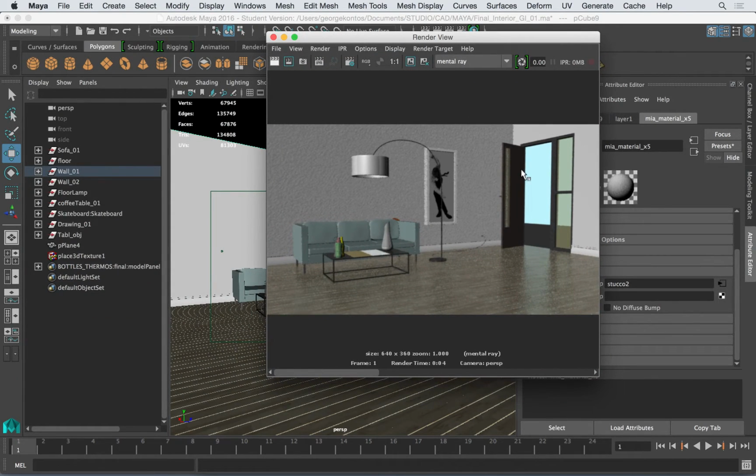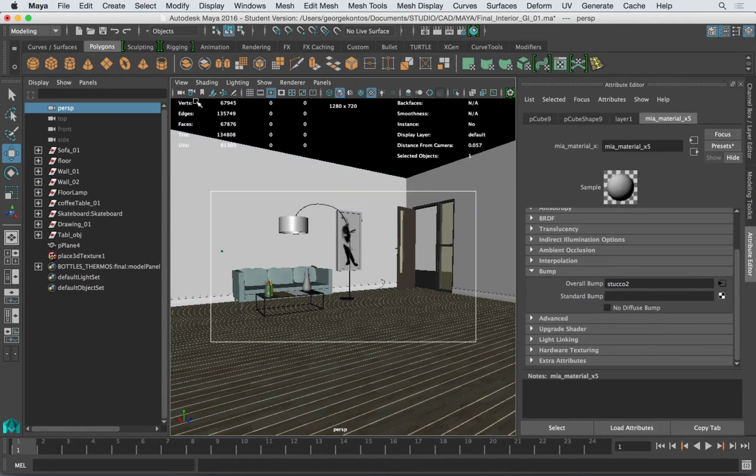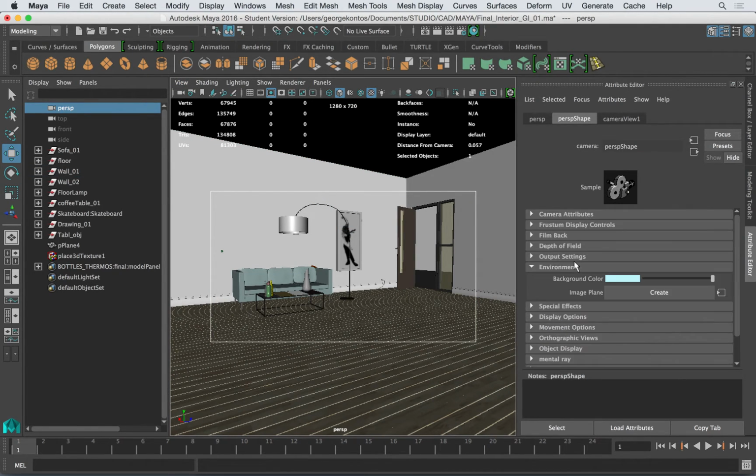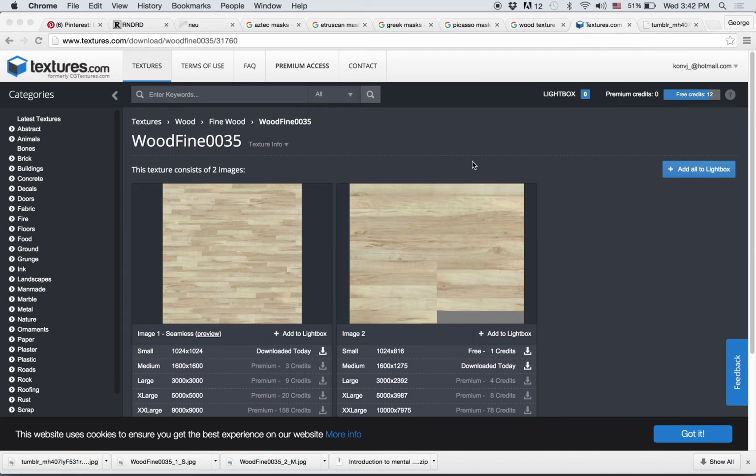And I have this. Actually the camera has an environment, so I added a blue environment. The way you do that, you go to view, select the camera that you are in, it selects the camera that you see through, and you go all the way down at the environment and you change the background color to whatever you want. So I added the blue. So I'm going to stop the